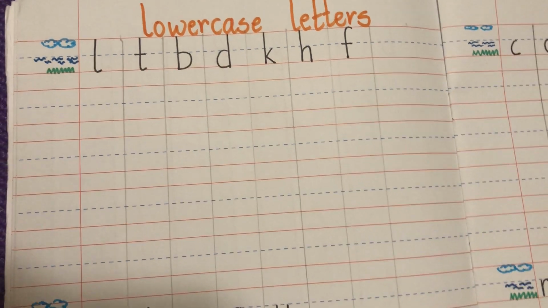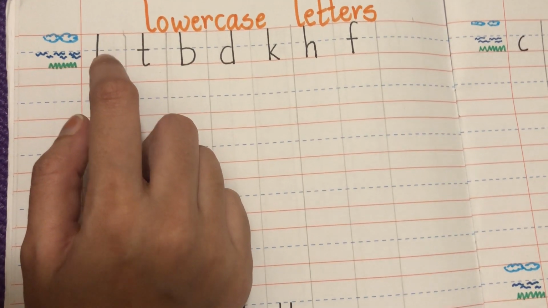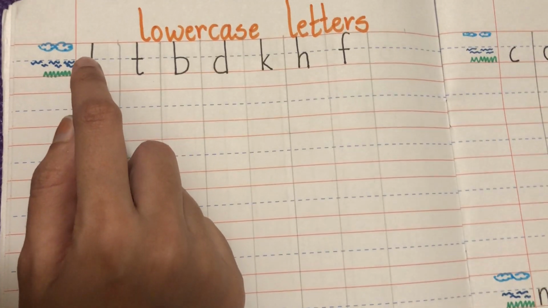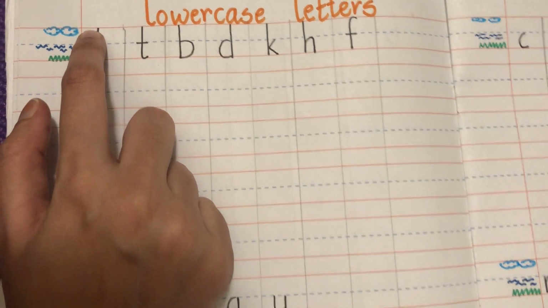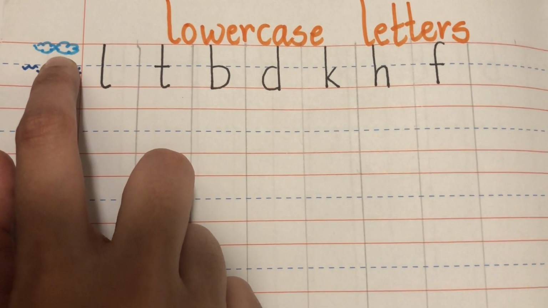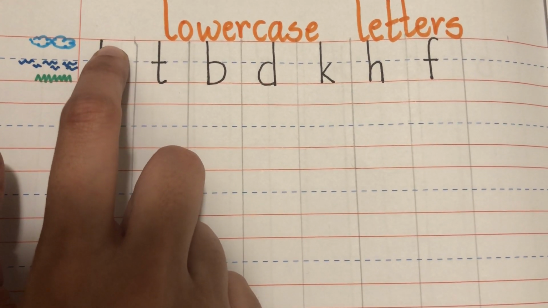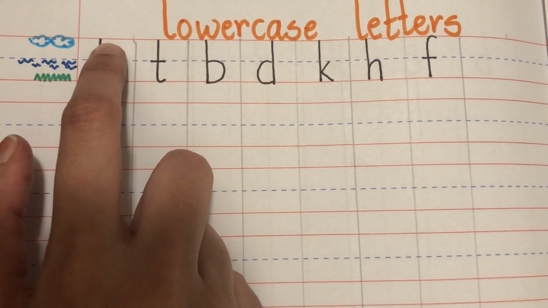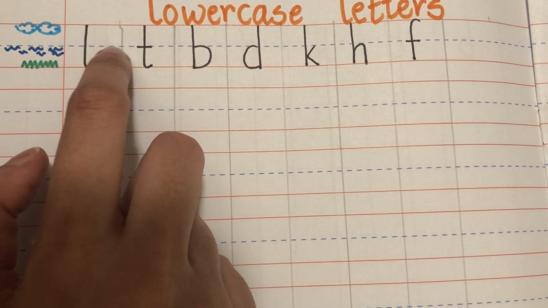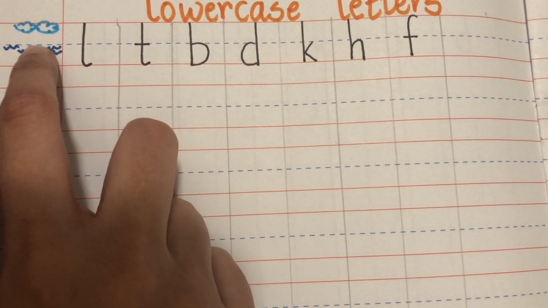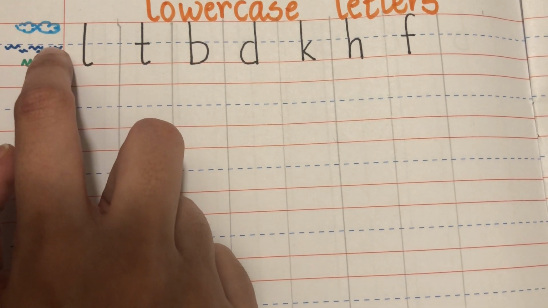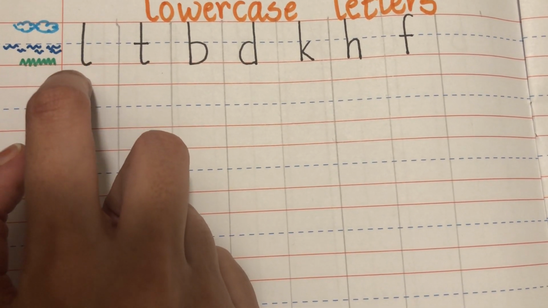Now the red and the blue lines have a very special name. The first red line that you can see here is called the skyline. That's why I've drawn these clouds. You're going to remember the first one is on the top like the sky, so it's called the skyline. The next one is the blue line. It's the water line because it will remind you of the blue waters. Very good everyone, I think you guessed that one.